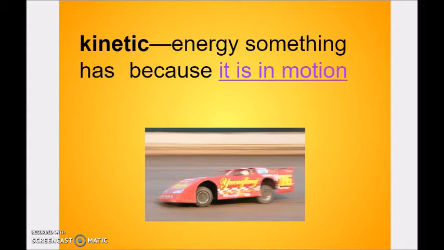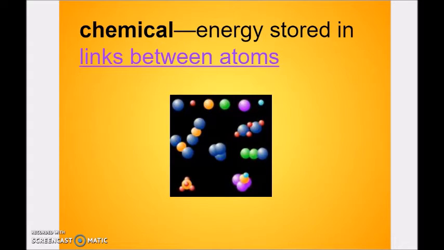All right, so chemical energy is the energy stored in the links between atoms. Chemical energy is a potential energy because it's not yet been released. This is like the energy that substances have before they undergo a chemical change or chemical reaction. Let's say you're going to mix two substances and they have a chemical reaction and it releases heat. Before it actually releases the heat, it has chemical potential energy. Some other examples are